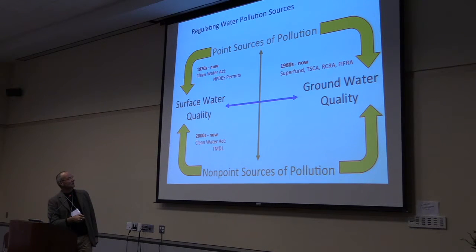In the 1990s, we had NGOs sue EPA for not implementing one part of the Clean Water Act that actually dealt with non-point sources. That was the total maximum daily load part of the Clean Water Act, which says that at the outlet of a watershed, and remember the Clean Water Act is only surface water, even if everybody who discharges out of a pipe into that watershed has a valid permit, if at the end of the day that watershed delivers water that's not healthy, that's not meeting environmental standards,